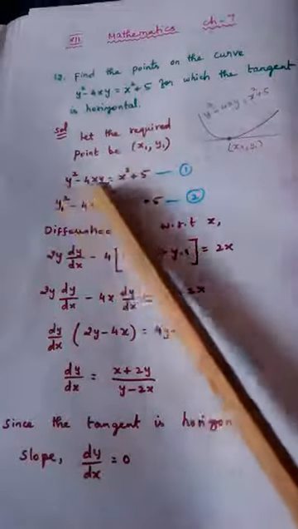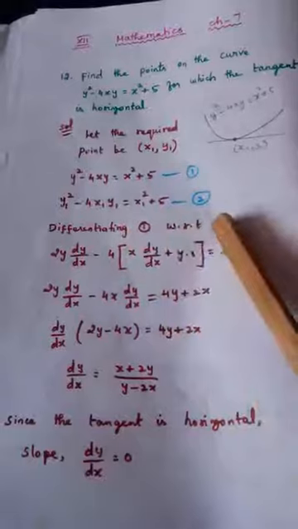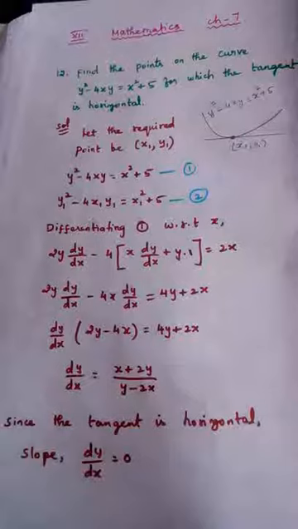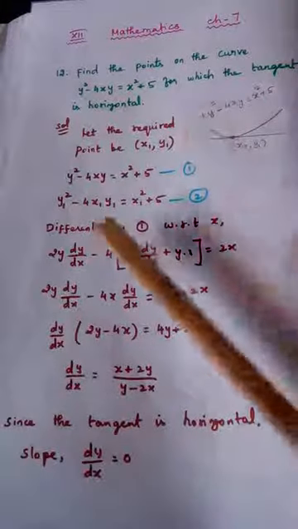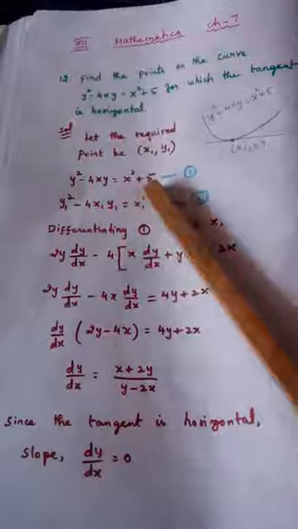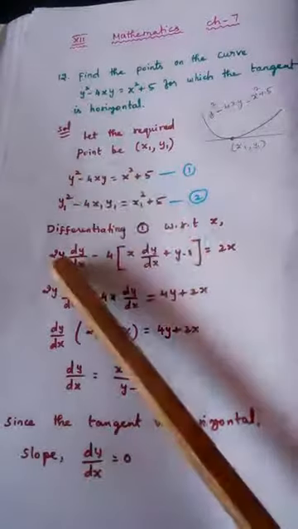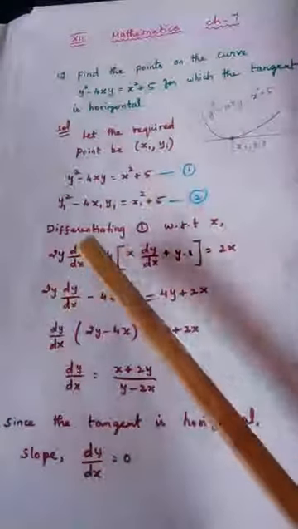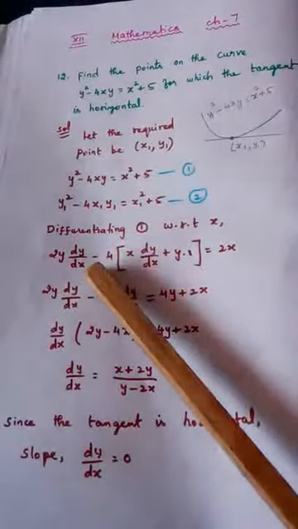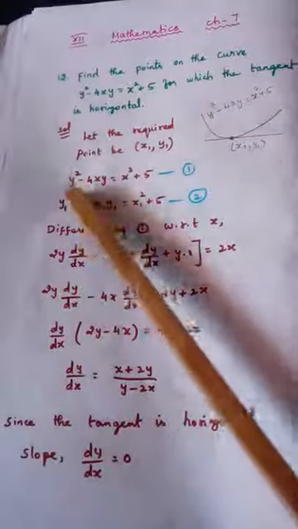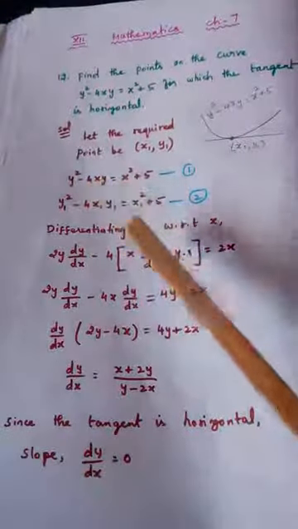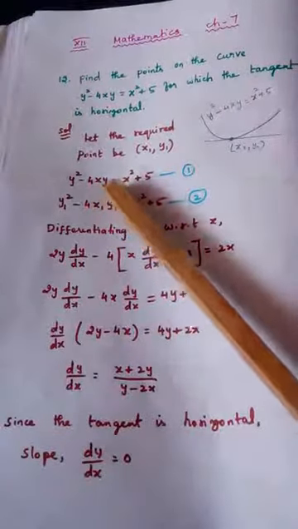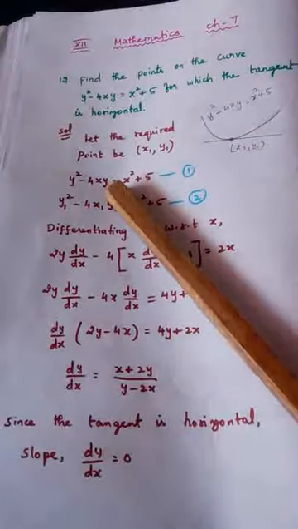Now again, taking the first equation and differentiating with respect to x. So whenever we are differentiating the curve, what is the meaning? We are trying to find the slope of the curve. That is the meaning. So differentiating equation number 1. How to differentiate y square? 2y. Since we are differentiating with respect to x, dy by dx should come. You know this very well. 2y dy by dx minus 4 is constant, it will present outside, x into y. So whenever two variables come continuously, we have to go for which rule?